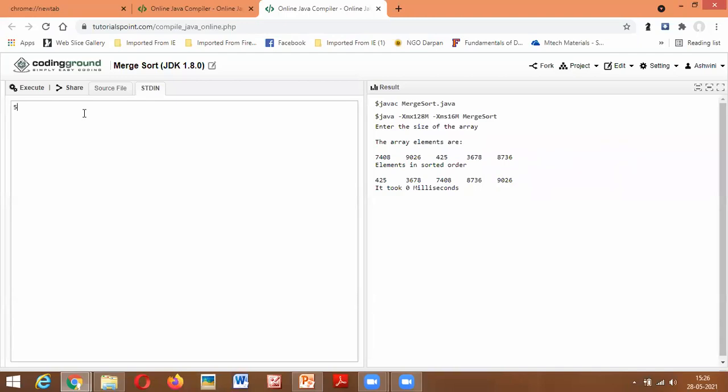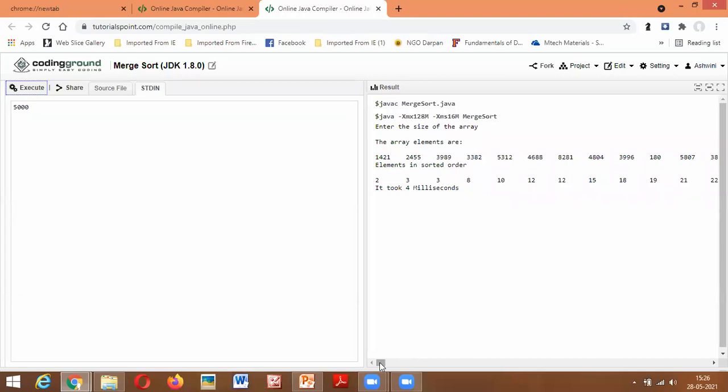You can see how the program works. If I give 5,000, it works. I'll give 5,000 and execute. You can notice here it is in sorted order: 2, 3, 3, 8, 10.